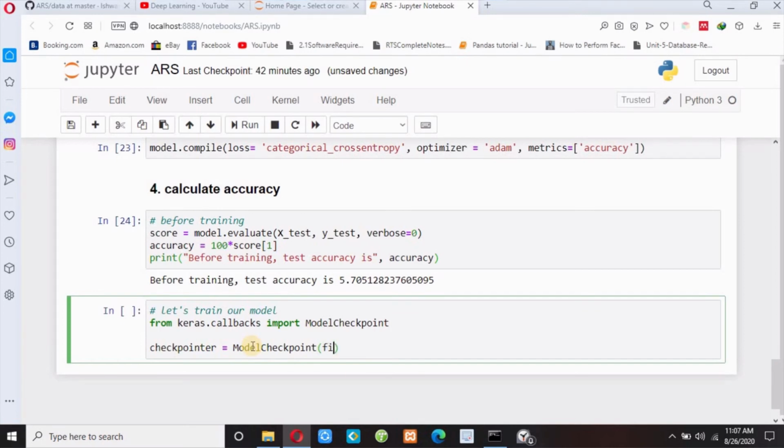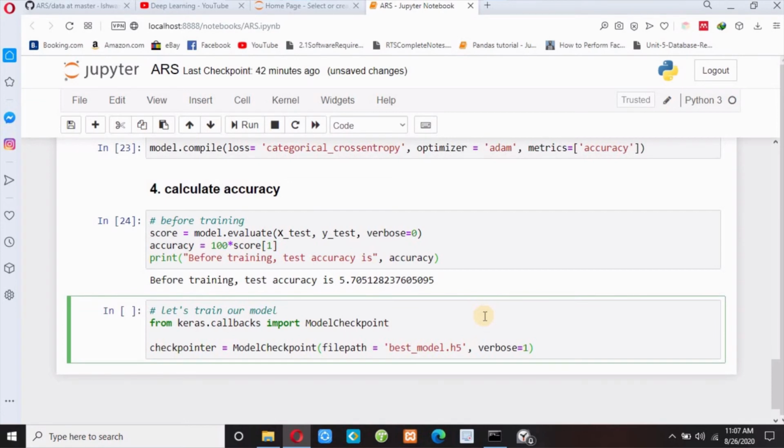So I need to pass one file path, and I have to give one name, any name I like. Suppose best_model, and in extension we have to write .h5. So our best model will be saved in the name best_model.h5, and then let me write verbose equals to 1, means progress bar.